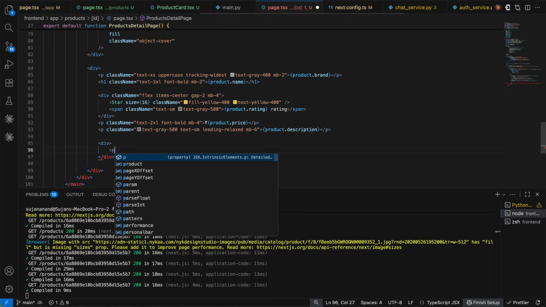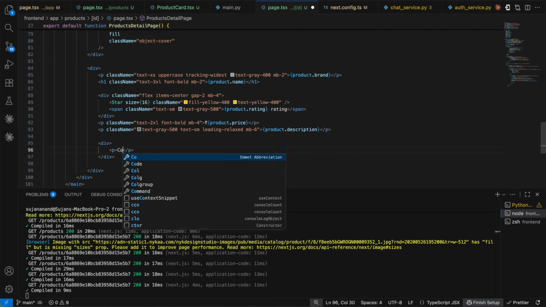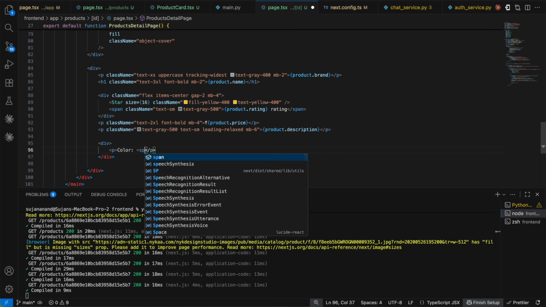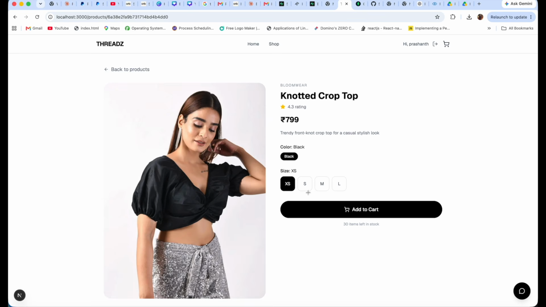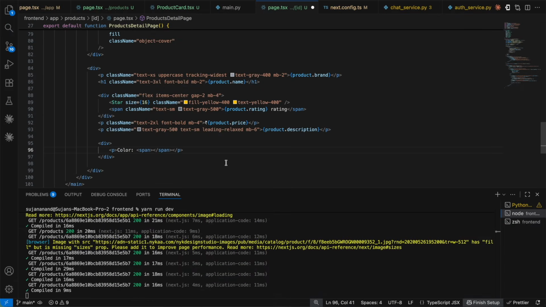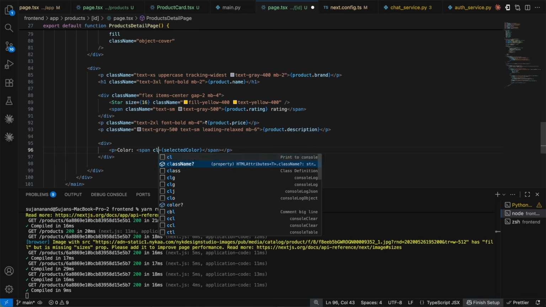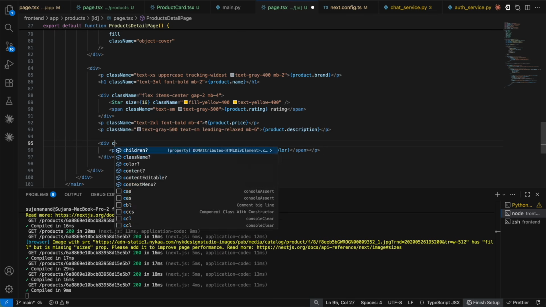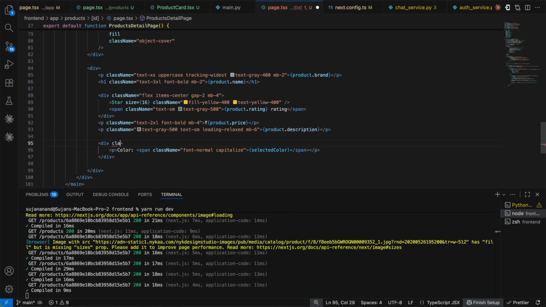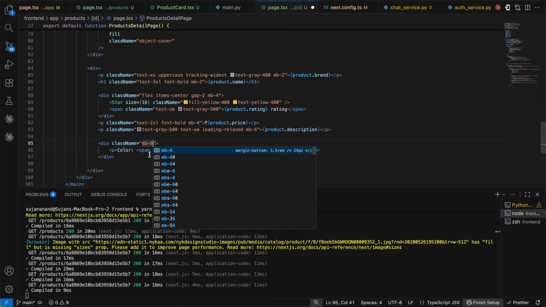Div, having a p tag, I'm going to say color, having one more piece of span. So color is going to look something like this, black, and for size we're going to have again a new div for that. So it's going to be your selected color, class name, font is going to be normal, and then capitalize. For your div, class name MB of 6,